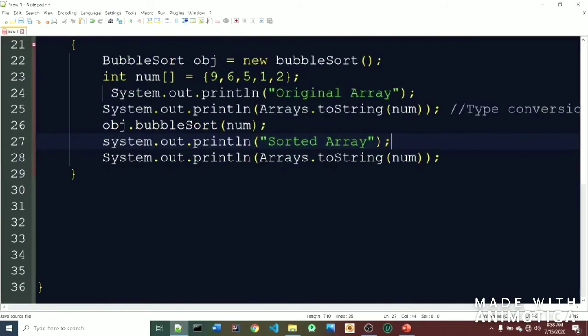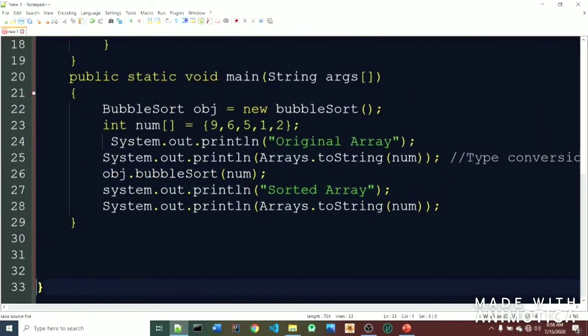Our program is completed. This is the closing brace for the class.